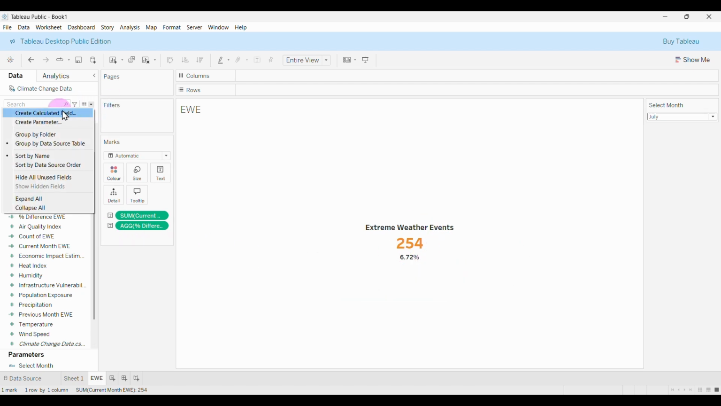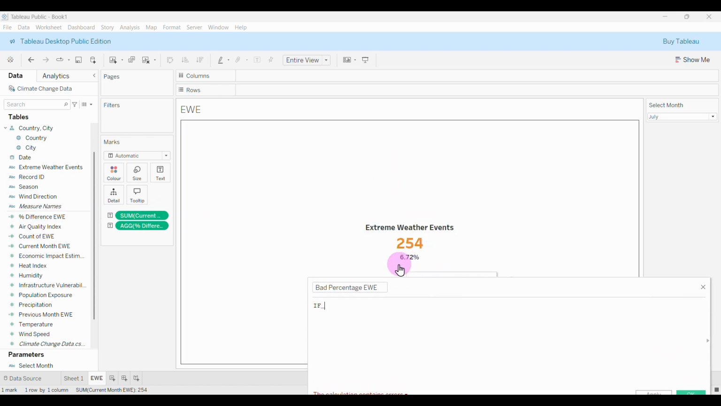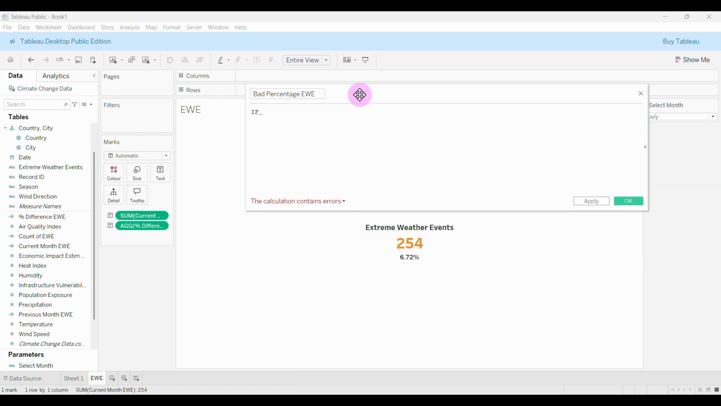So what we can do again, let's now create a new calculated column. So we want the percentage to be highlighted in red or in green. Not only in green and red, but also to see if it is a bad percentage, like if the change is positive or negative, right? So now let's write our calculated field. Let's go to percentage difference. If the percentage difference extreme weather event is greater than 0, what happened? Then,